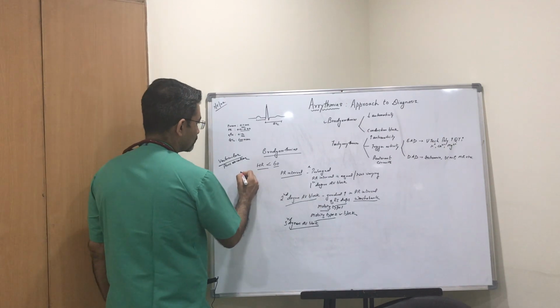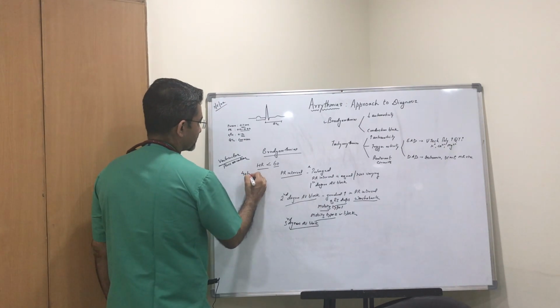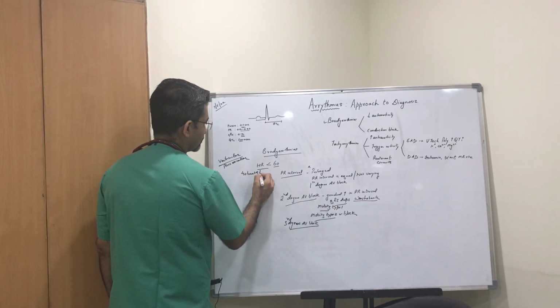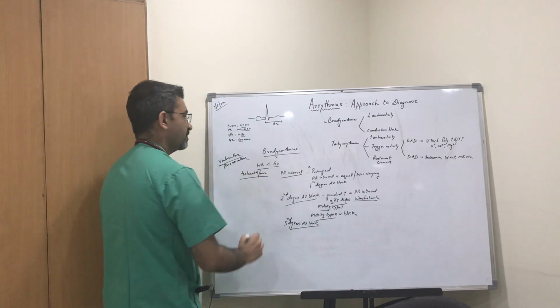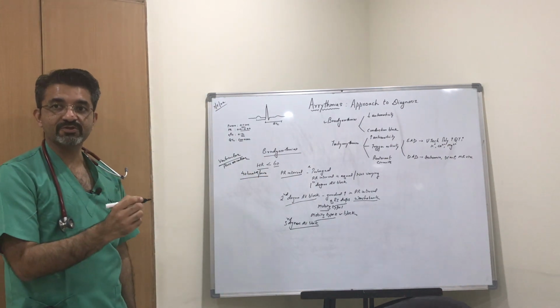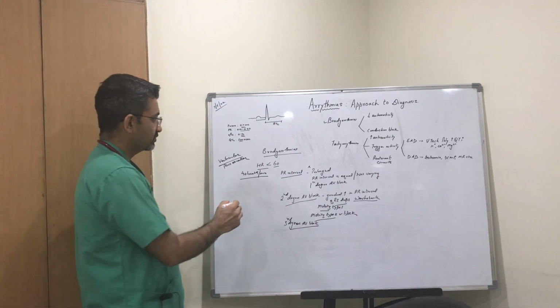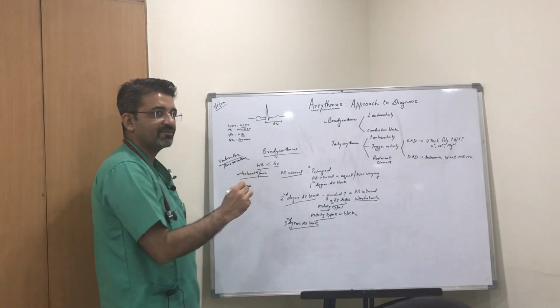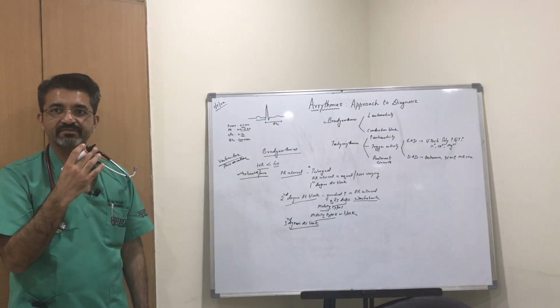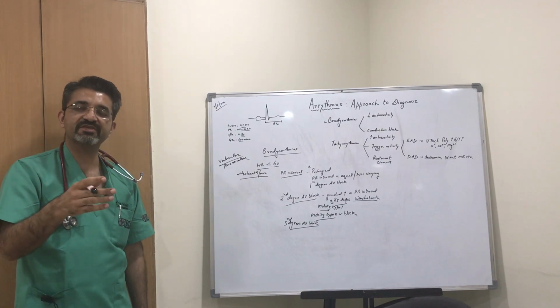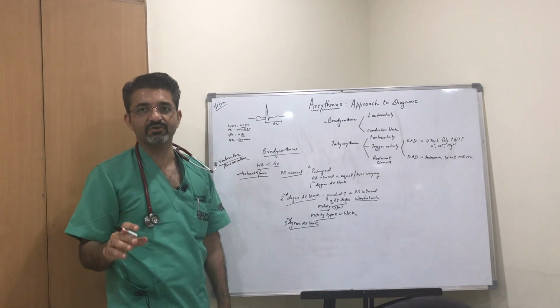So the rate is usually somewhere around 40 beats per minute. It can be lesser also, right? So at 40, it is compatible with cerebral circulation. But the moment it drops below 40, patient can experience syncope and loss of consciousness,